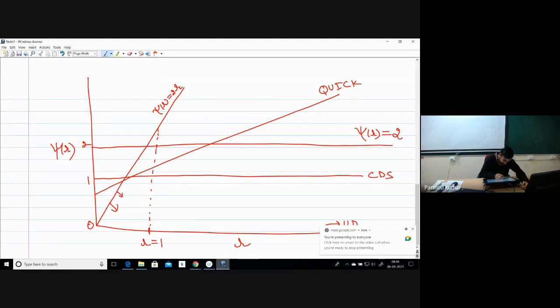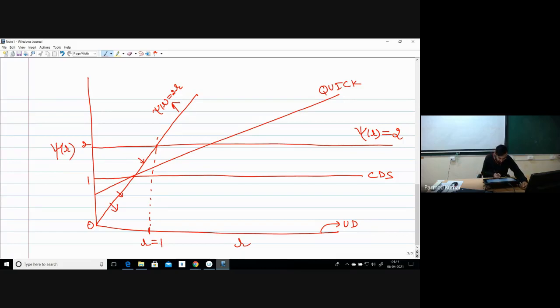This point is clear. So whatever the regime I am finding in this direction, that regime is actually a stable regime when my r is equal to 1. So this line I have plotted a little bit wrong. It has to actually pass through this point here. So this is the equation for psi: psi(r) = 2r.